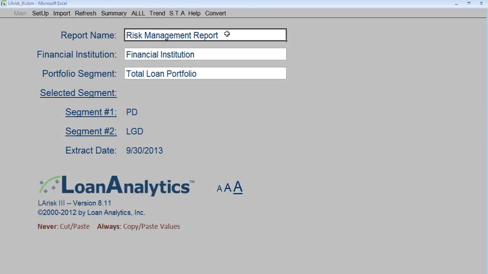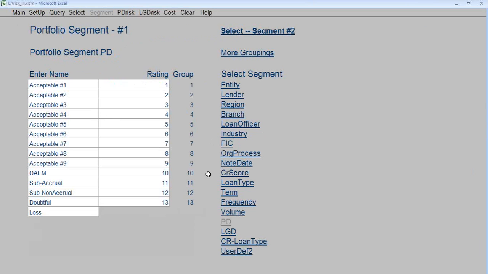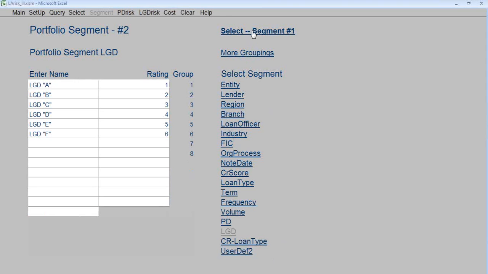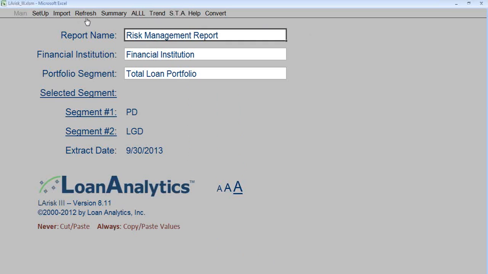Click Main, click Segment 1. You can change any of the segments and produce reports based upon the selected segmentation for Segment 1 and for Segment 2. Once you do that, you go back to the main screen and click Refresh to update the